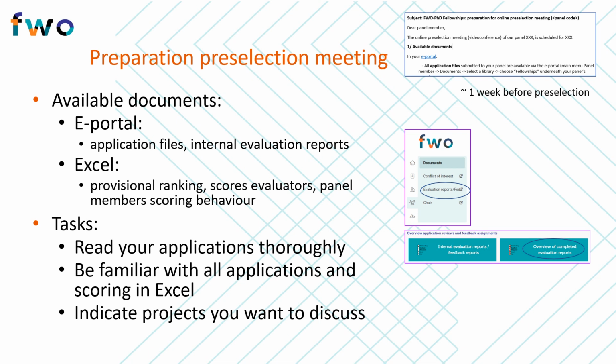Please remember that out-of-scope evaluations are extremely rare and have significant consequences, as they imply that the evaluation is ceased and the candidate is no longer considered for funding by your panel or any other. Out-of-scope decisions may therefore only be taken by the panel in full consensus during the pre-selection meeting. At the interview, an out-of-scope evaluation is no longer possible. Should you think an application that you have reviewed might be out of scope, please take this up with the chairs of your panel in advance of the pre-selection meeting.